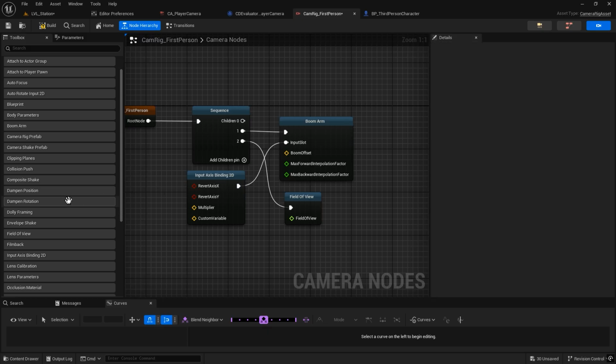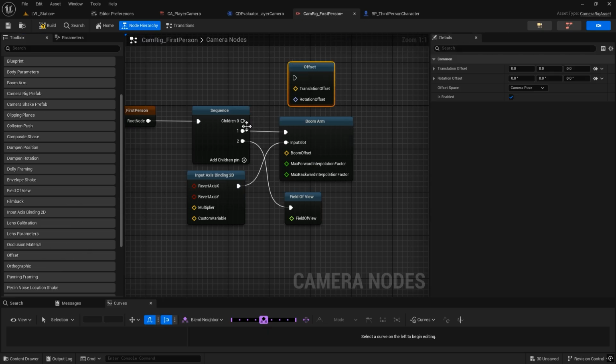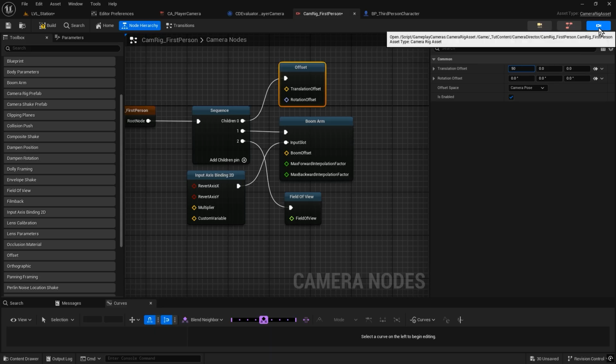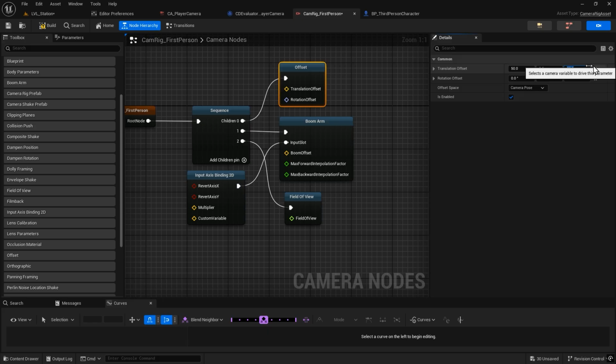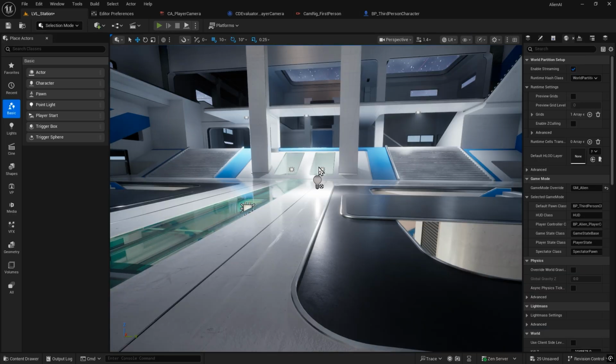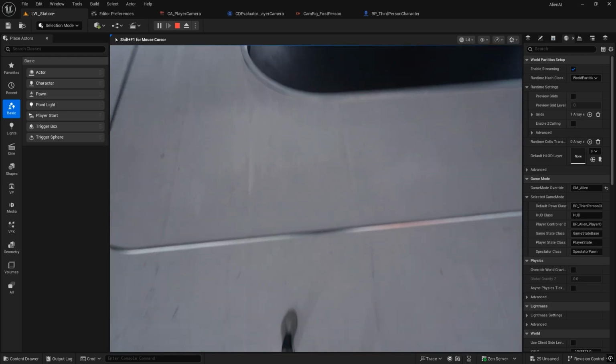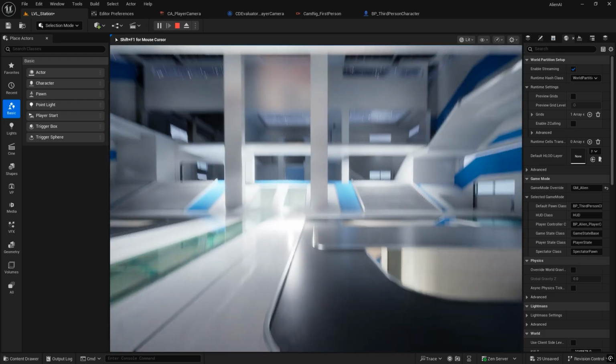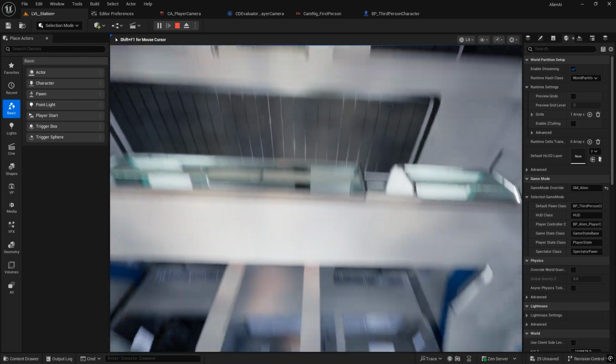And what we'll do here is add an offset node to our graph and hook this up to the 0 index. In this offset node, on the translation offset, we'll use those same values of 50 on the X, 0 on the Y, and 50 on the Z. Then when we compile and save and go back and press play,